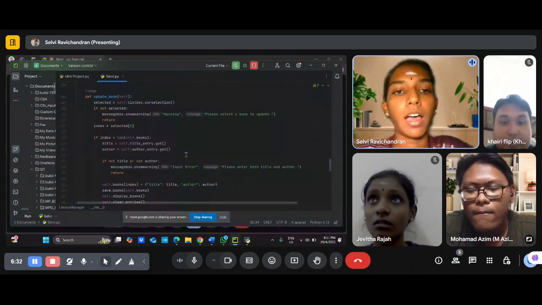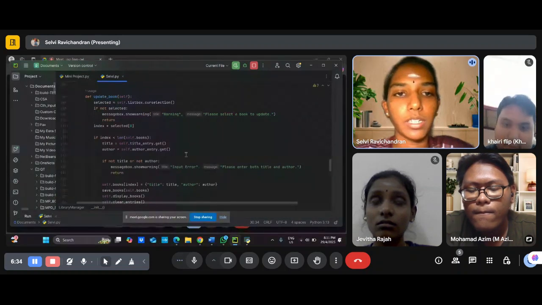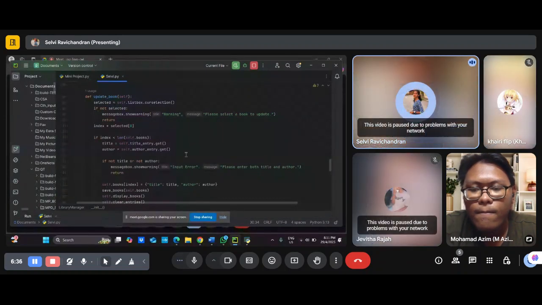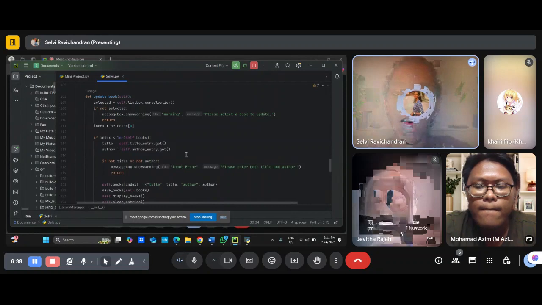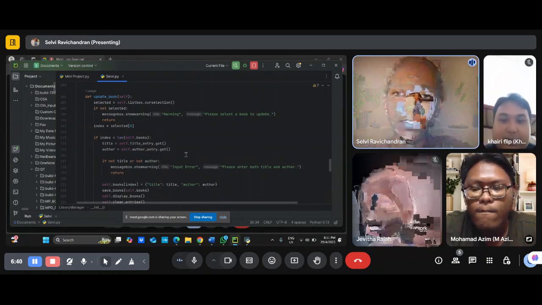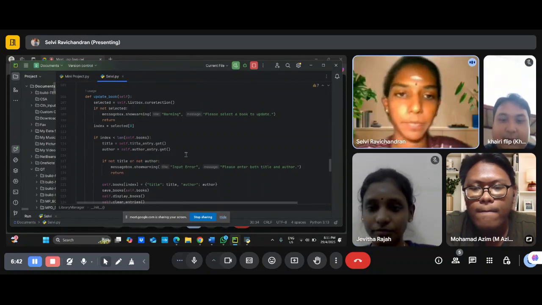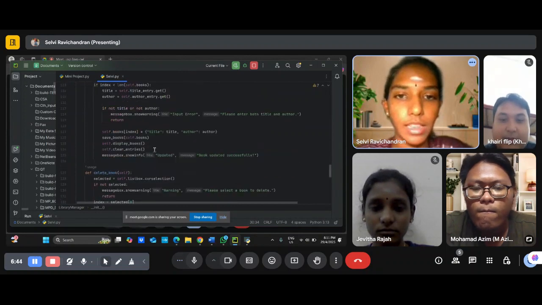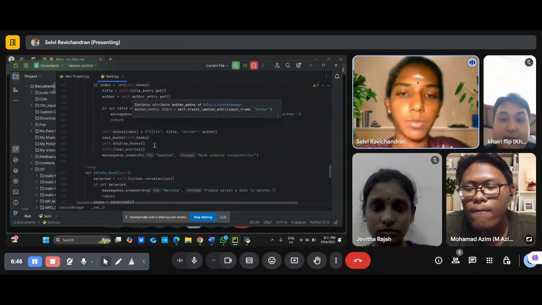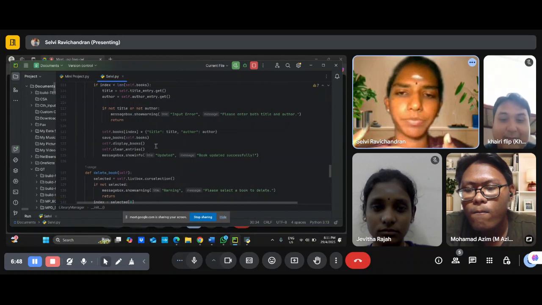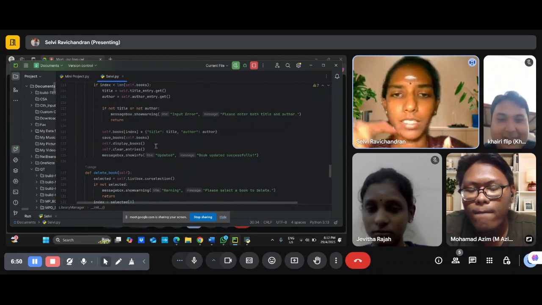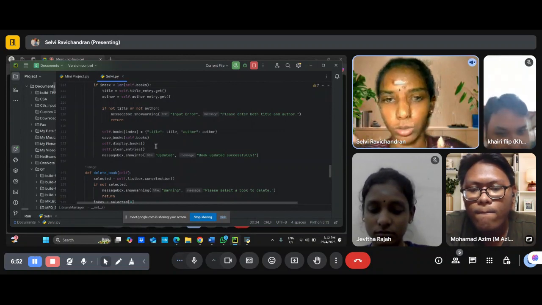For that, we added a message box, which is a warning, and then we insert the message: please select a book to update. Then it will display the title of the book and author also.